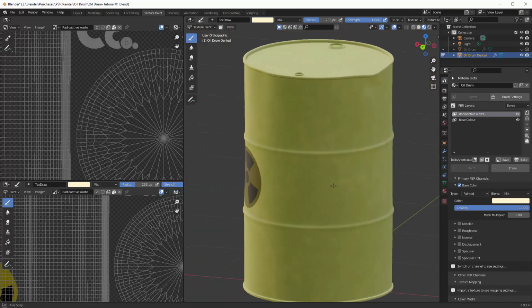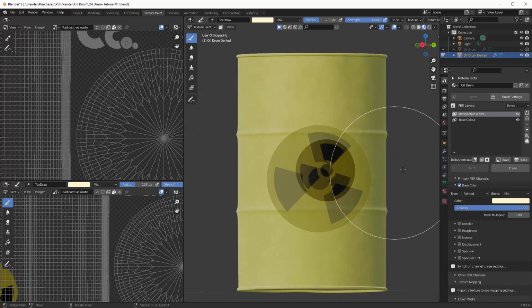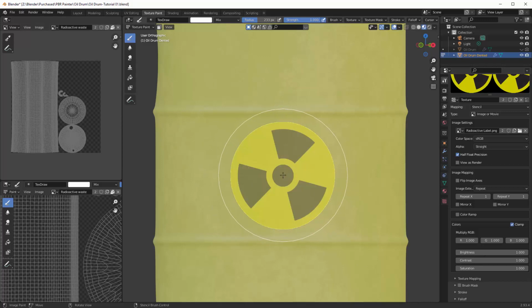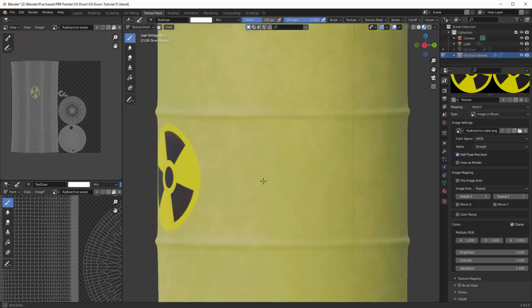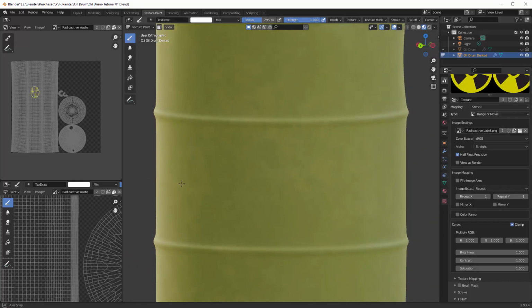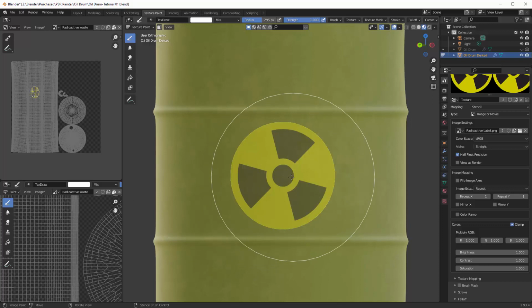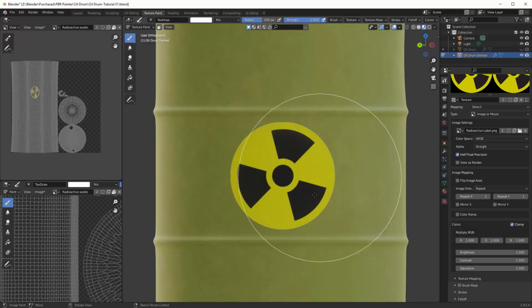There you go, that's what I was looking for. I just realised I had the brightness down on the image. Couldn't understand why it was so dark. So now let's make the brush a bit bigger and click, and there we go. Let's turn it round to the other side approximately and click,